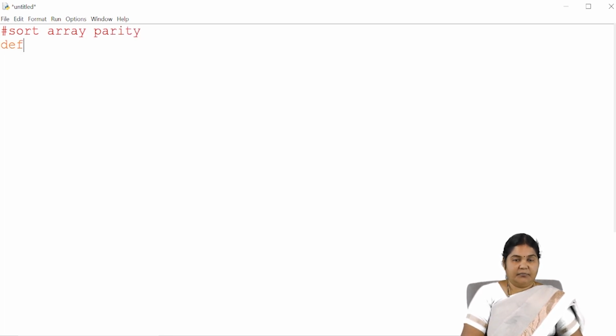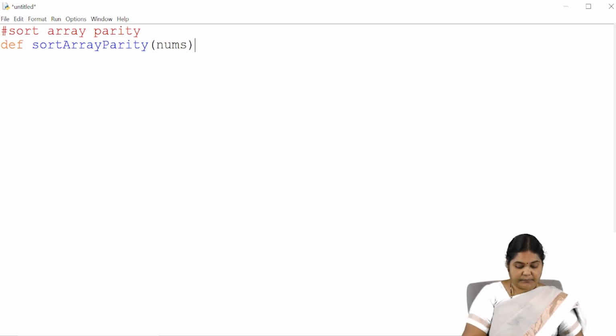Let us write down the definition: sort array parity. What is the input? The input is the nums array. Then how do we solve this problem? Let us take a variable L, initially 0, and for every value R in the range of length of nums,